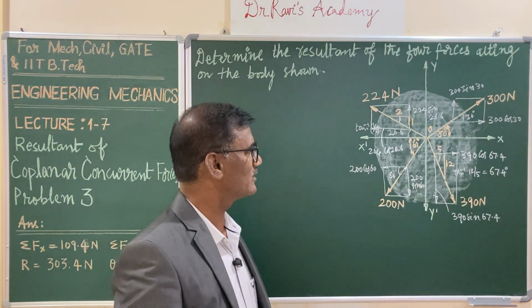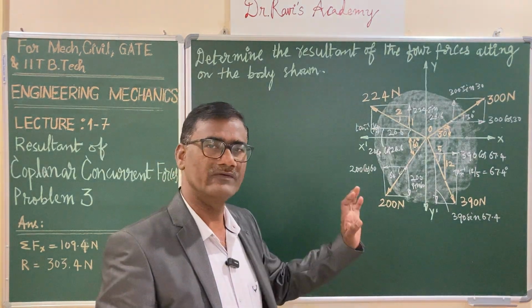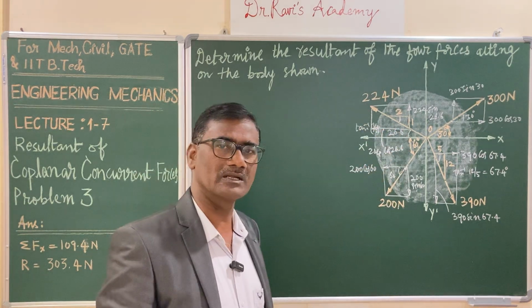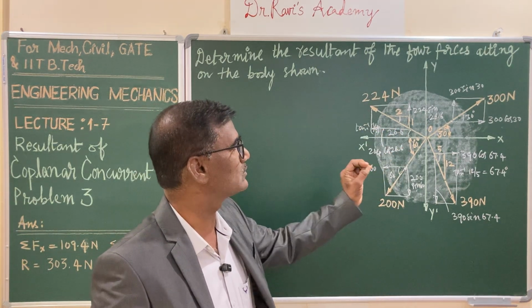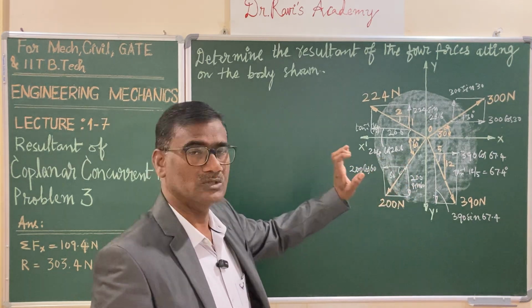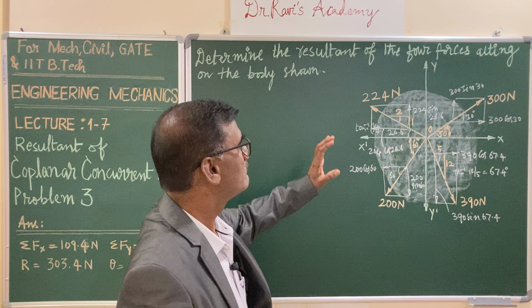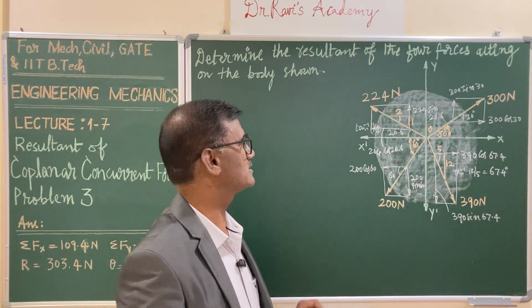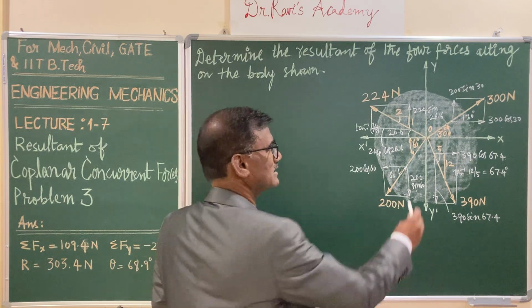So let us observe carefully. What you have done is the given forces are 4 that you have divided into two rectangular components. Each force you have divided into two rectangular components, so that now it has become totally 8 forces. Now let us write down sum of all the forces along the x direction with a notation that the force